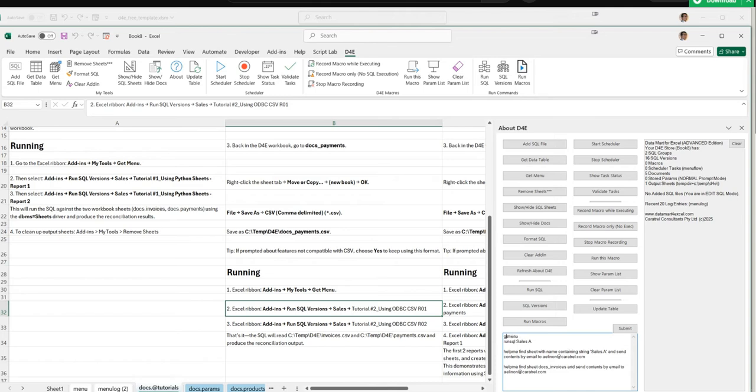So using this script, where it says get menu, run SQL sales